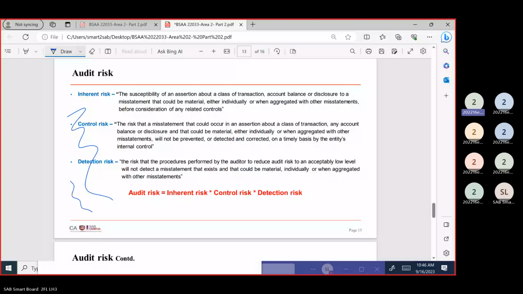Writing on the PDF, we can see, sir. Yes, yes. This is the PDF writing option. Otherwise, if I'm using the screen writing option, it is not visible. So I will use this, and it will help you all. Okay.